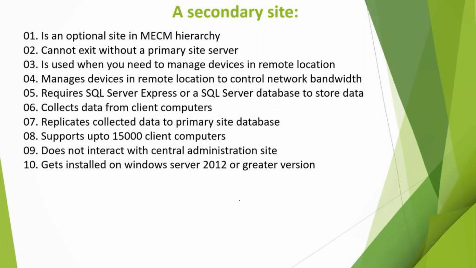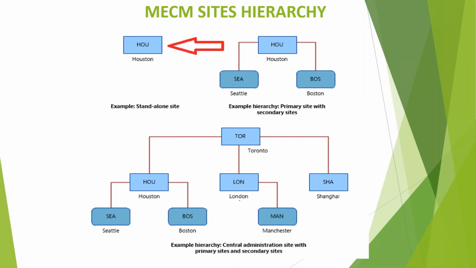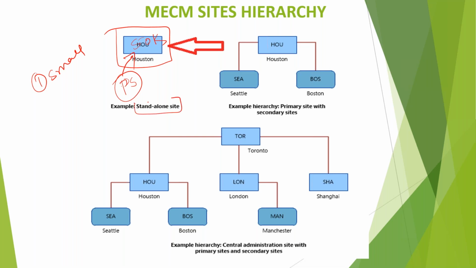All right. Now there are three architectural diagrams in this slide. First, when you are implementing SCCM, suppose you have a company called, let's say, ABC Private Limited. If the company is small, does not have any branch offices, only one location, let's say Houston with 50,000 devices, you install one single primary site server, and that primary site server will manage all the devices in Houston.